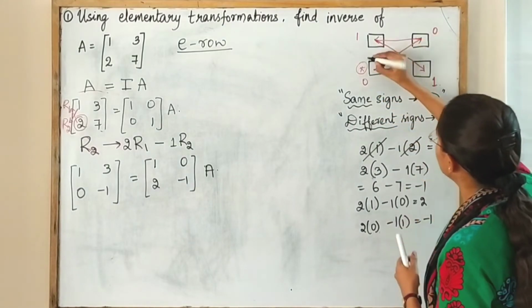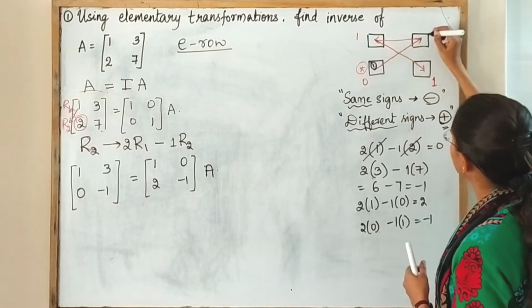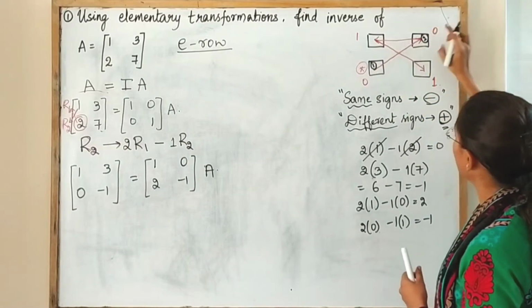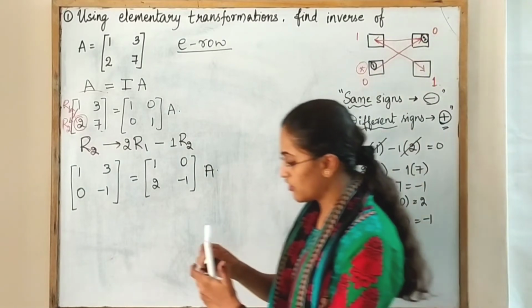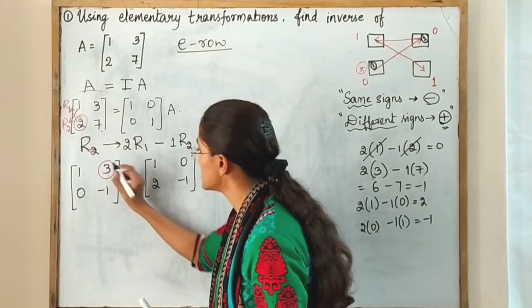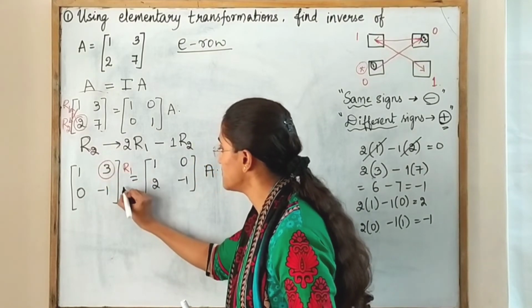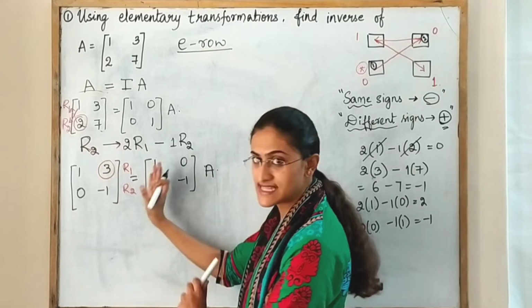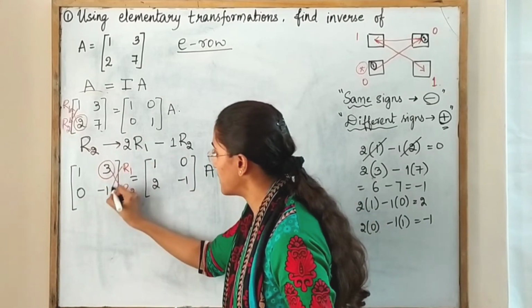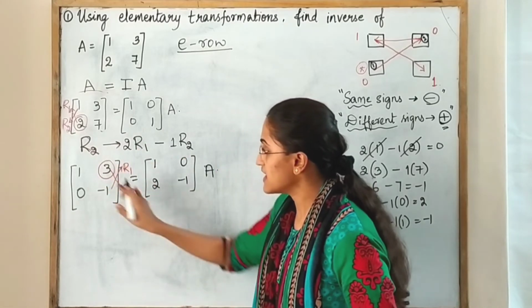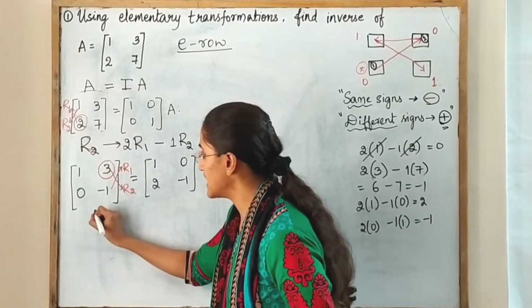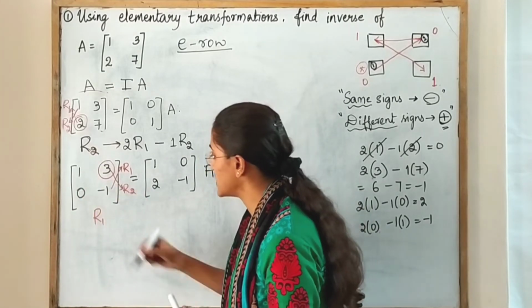I have completed this. This was my first step. Now move on for the second step. I have to make this 0. Okay, targeting that element, I'll write R1, R2 beside that element. Now multiply these two. 3 is in the first row and hence R1 changes to